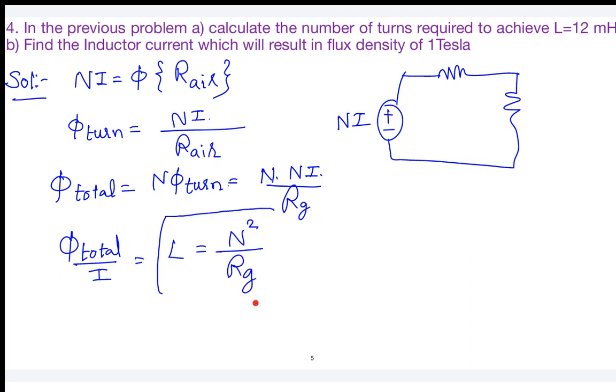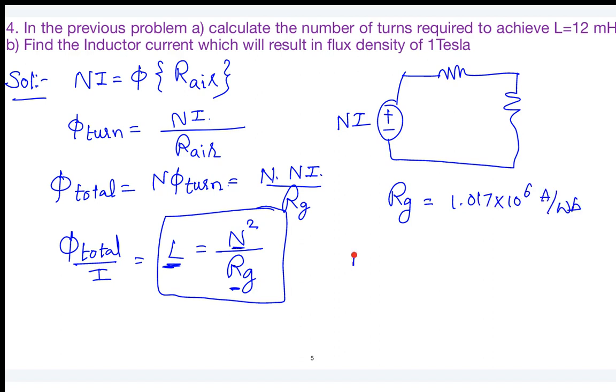So you know the value of inductance and you need to find out the number of windings. If you see the previous case, what is the reluctance of the air gap you got? That is 1.017 into 10 power 6 ampere per Weber. So you know the inductance and the air gap reluctance. Then find the number of windings. N square is equal to L into the reluctance of the gap. So N is nothing but root over